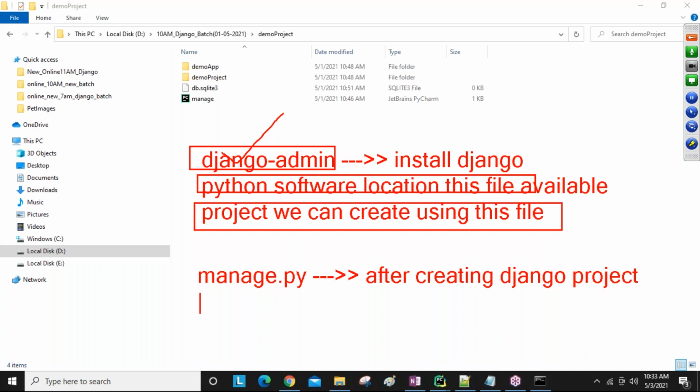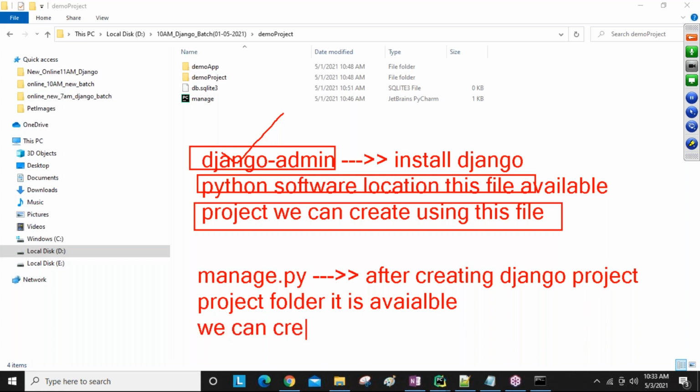In the project folder only, guys. It is available in the project folder. And using this manage.py, what can we do? We can create.